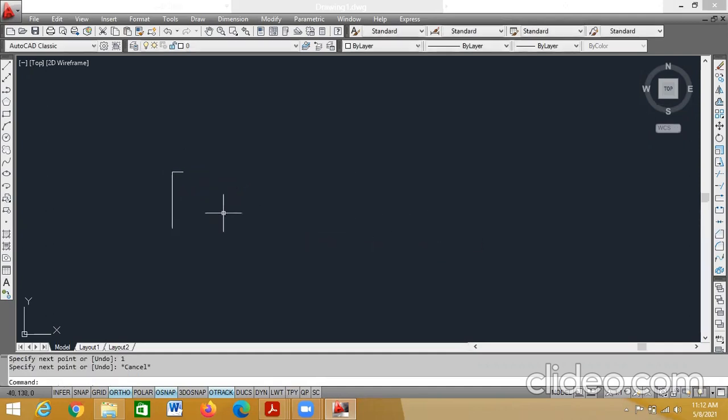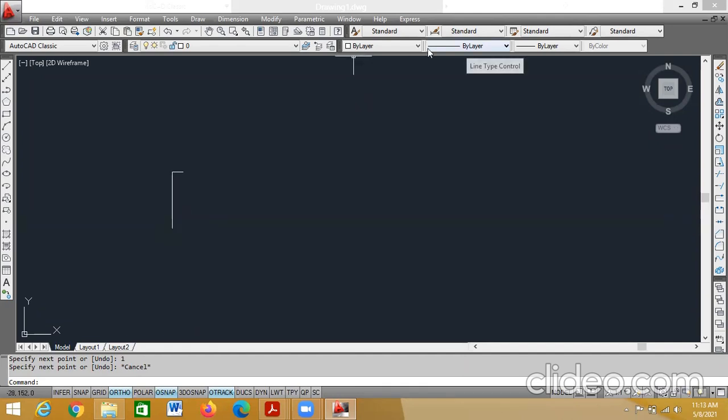So what I have done, I have drawn a vertical line of 5 mm from the end point of that horizontal line of 1 mm. Why? Because the distance between the conductors, I have taken it as 1 mm. So 1 mm. Now this is the top conductor. Next I should draw the bottom conductor.